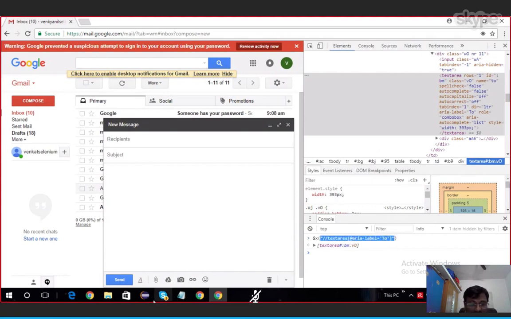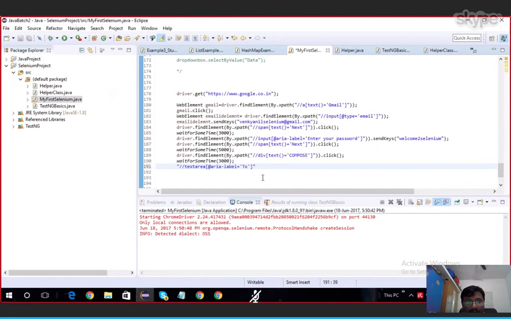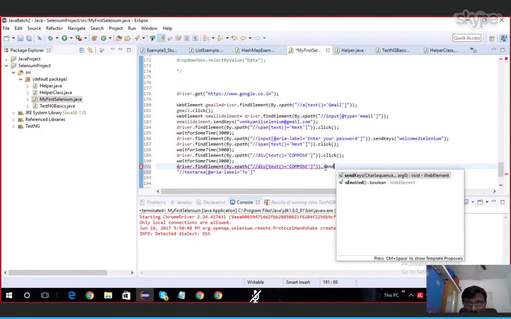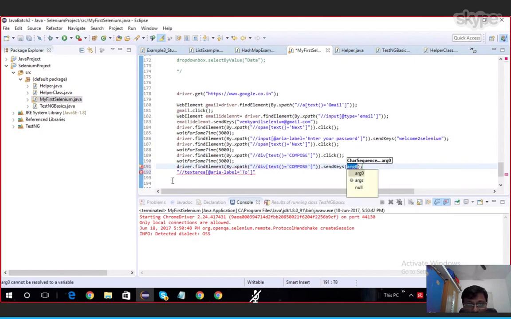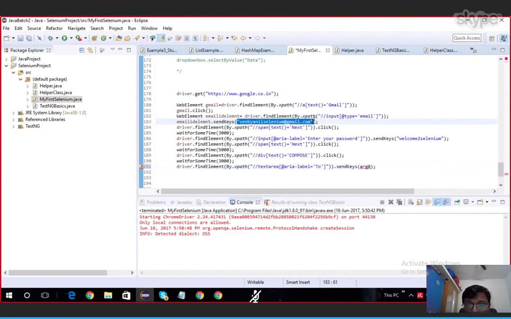There we need to enter one mail ID, so send keys, and the mail ID. This is the mail ID.